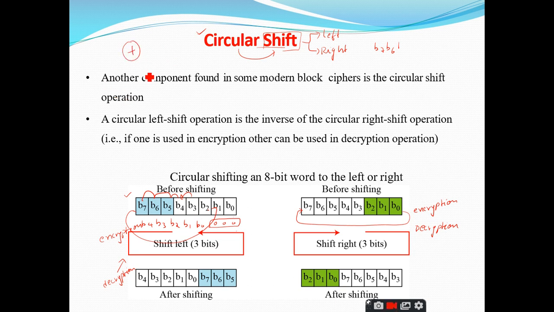Do we have an inverse for the exclusive OR operation? No, sir. No, but we call this exclusive OR self-invertible. The operation itself is its own inverse, therefore we call it a self-invertible operation. Is it clear?